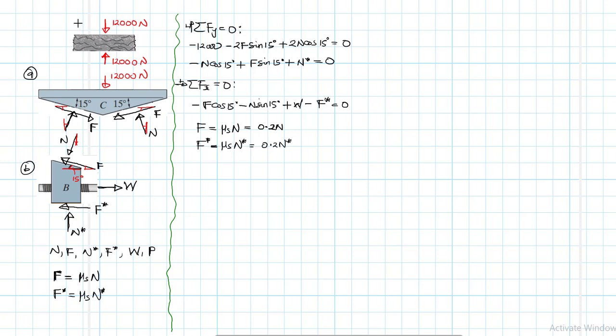With this information, we are going to calculate the value of N. We have this F that we can replace here. If we replace it in there, you can find the value of N, and N is going to be equal to